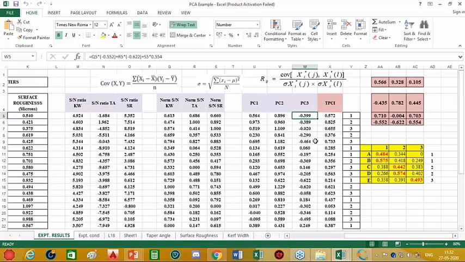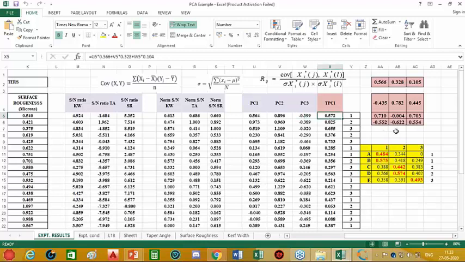Now, we already obtained the eigenvalues, and since the eigenvalues represent the weights of these principal components, we again multiply the values of the principal components by the corresponding weights. So the weight for the first principal component is 0.566. For the second one it is 0.382, and for the third one it is 0.105. So we multiply 0.564 by 0.566, plus 0.896 by 0.382, plus minus 0.399 by 0.105. When we do this calculation, we can find the value of the total principal component.